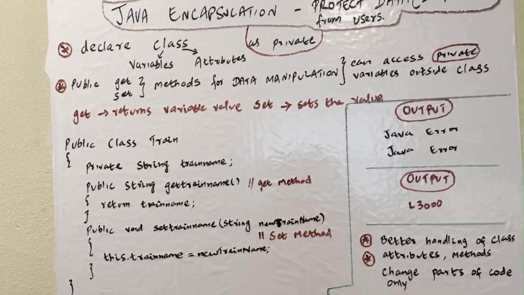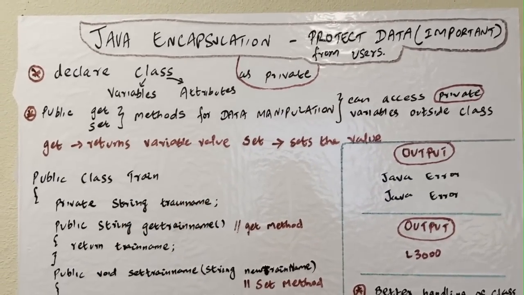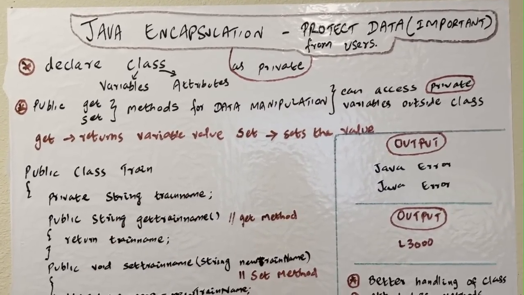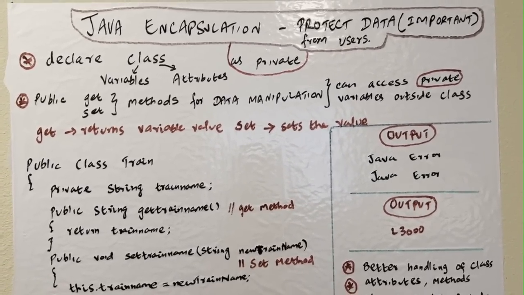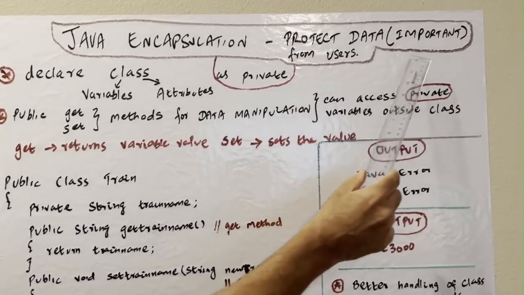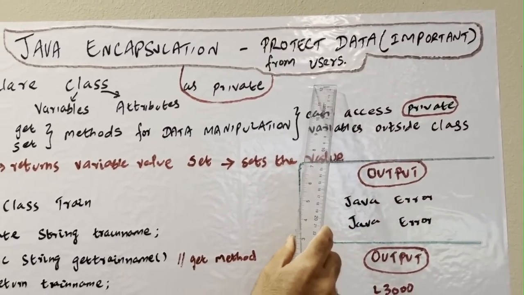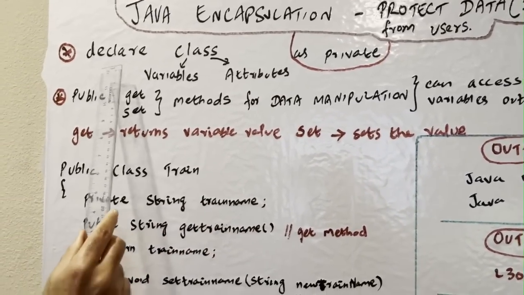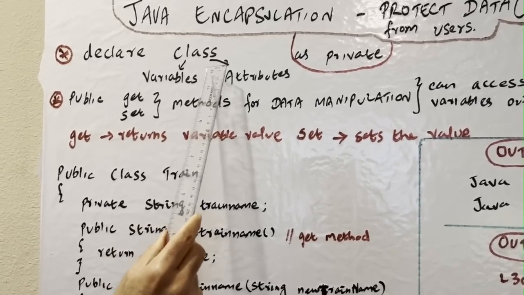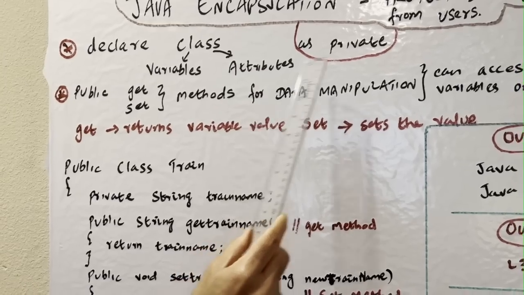It's called encapsulation. As the name suggests, it's to capsule something. What is that something? Data. So to protect the data, sensitive data. Protecting data is important from the users. So how we achieve that is, you have to declare a class which has obviously variables, attributes, and we use